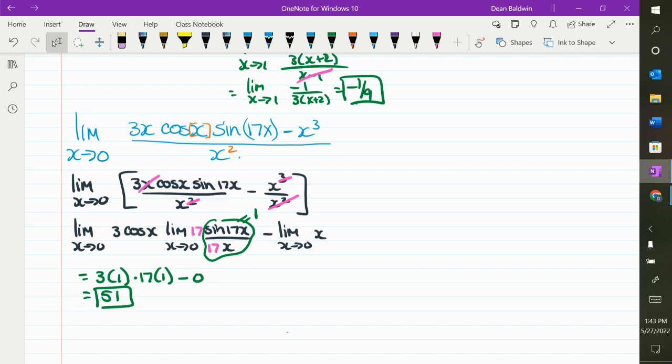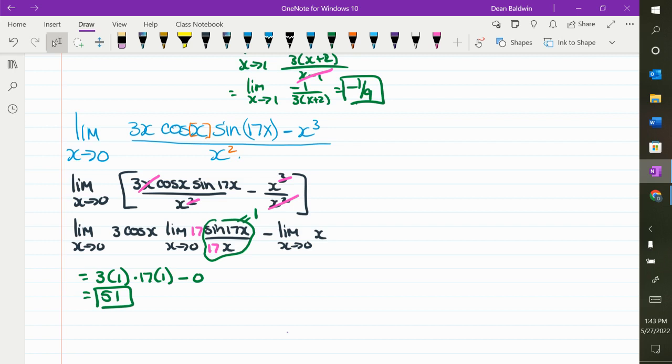So basically, split it apart. When you have a subtractive sign, you want to split it into two. The numerator goes to both. So now I've got all this over x squared, minus x cubed over x squared. Start canceling. The x will cancel one of those. This x cubed cancels all those. So I end up with, and now I break it into separate limits.